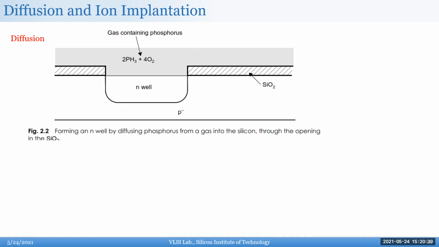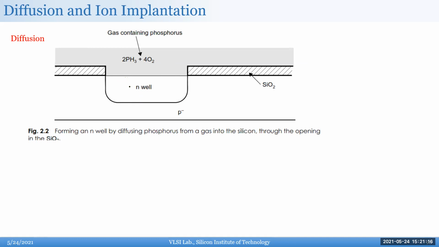So this is an old diffusion method of creating an N-well, and I'll show you the ion implantation right after this. People still prefer the diffusion method for cheaper technologies because it's just a cheaper process. But the problem with diffusion is, for low feature length technologies, it is difficult to control the edges, right? So for example, here you've seen, when I've been showing you the PMOS example, I mean the inverter example,